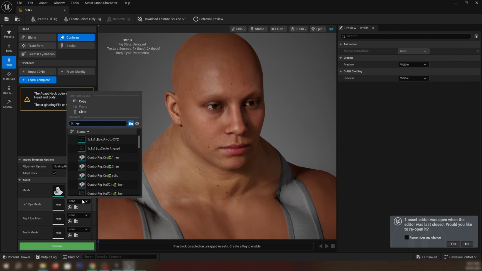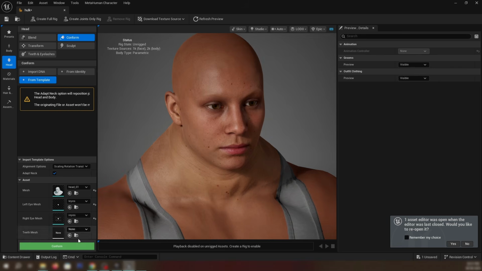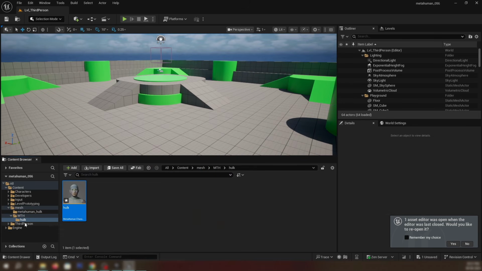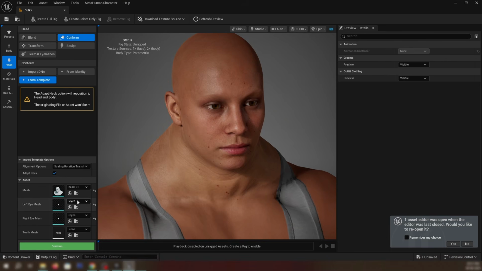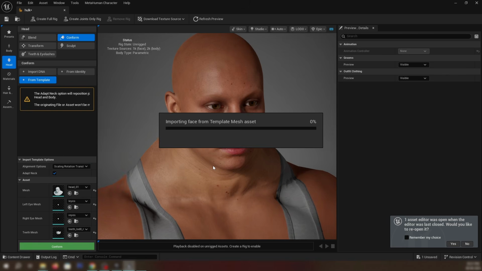Here we have to replace the head and the left eye and the right eye that we exported from Maya, just to match the character face, and the teeth also. Then we confirm it.